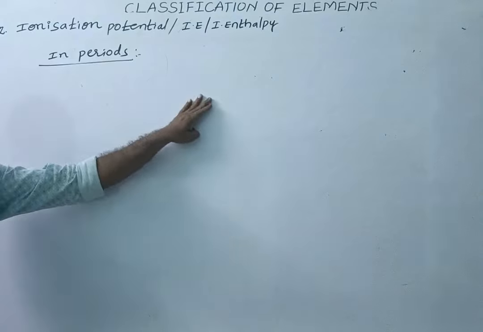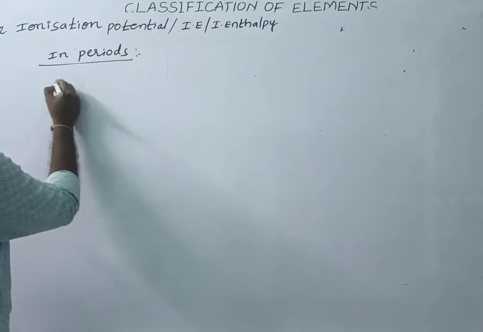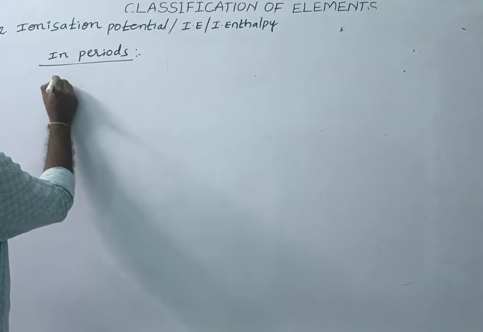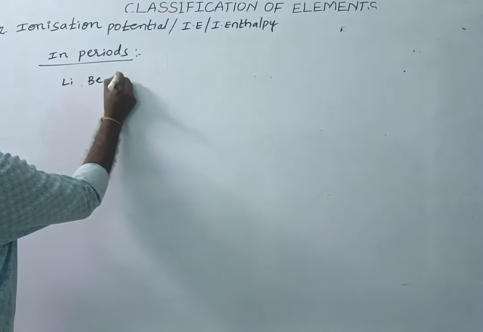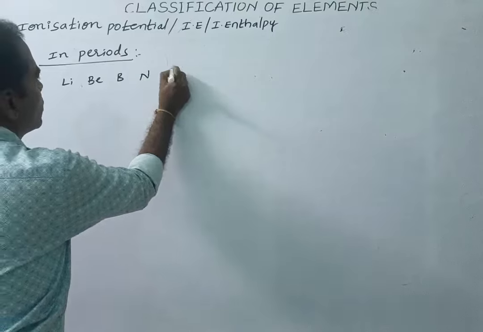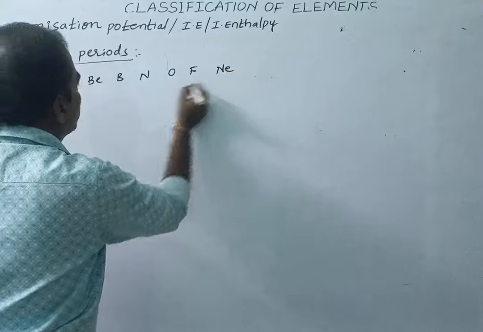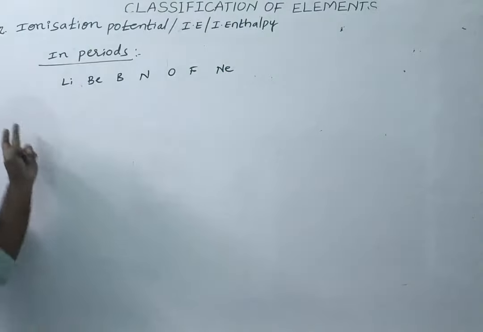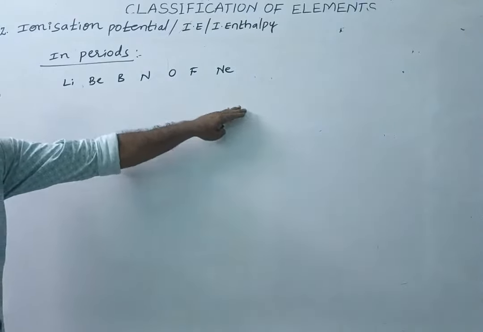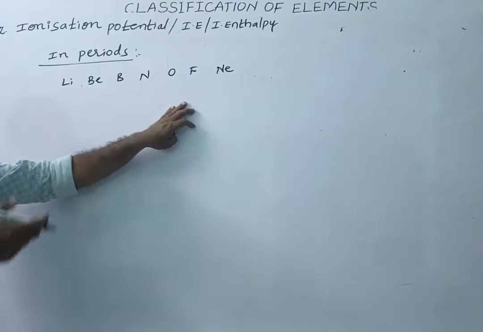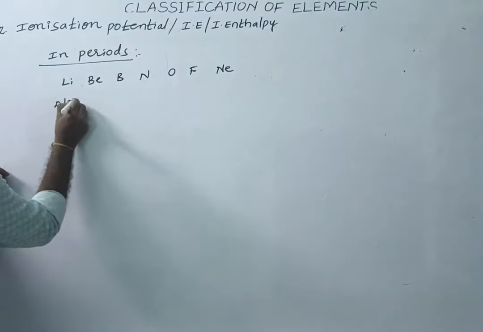And so atomic radius decreases means to remove an electron requires a high amount of energy. Left to right along the period, for example, see lithium, beryllium, boron, nitrogen, oxygen, fluorine, neon. Left to right, what happened? Atomic radius decreases. Small atomic radius, the electrons are strongly attracted towards the nucleus, to remove the electron requires a high amount of energy. That means along the period,